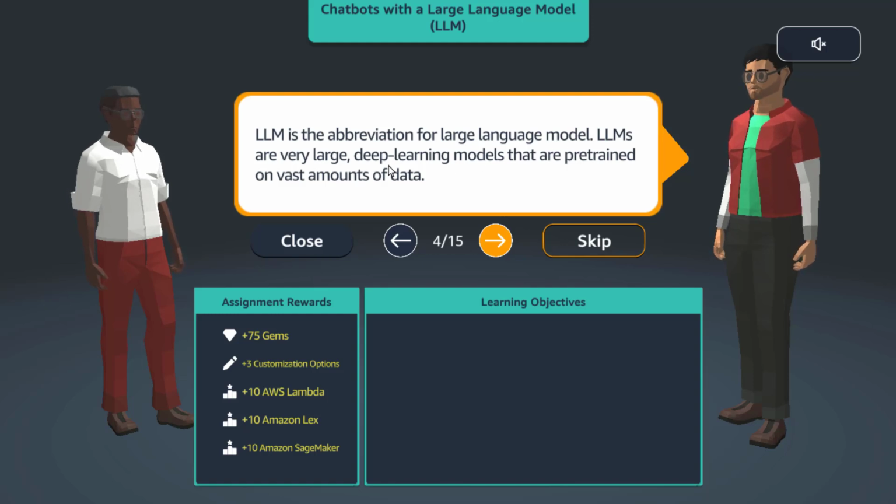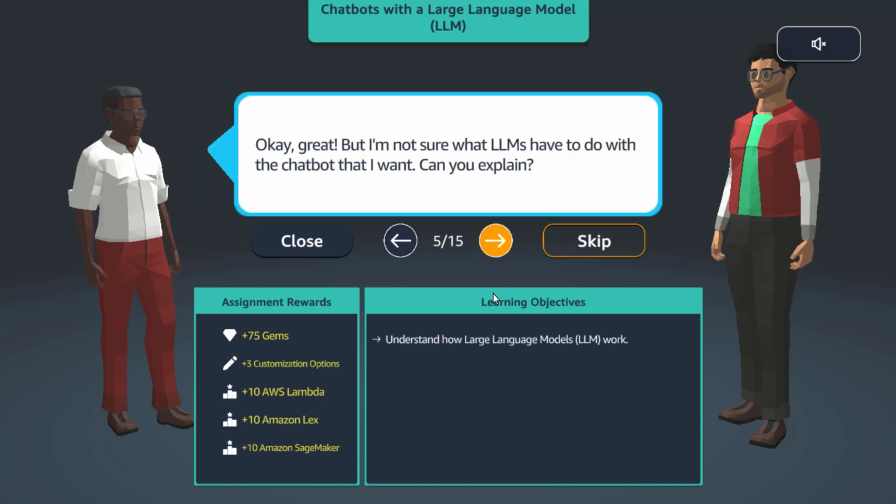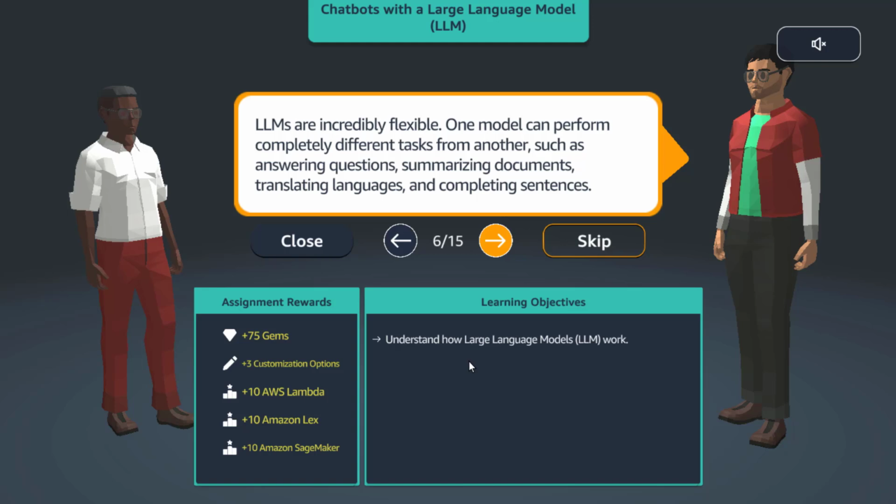LLMs are very large, deep learning models that are pre-trained on vast amounts of data. Okay, great, but I'm not sure what LLMs have to do with the chatbot that I want. Can you explain? LLMs are incredibly flexible. One model can perform completely different tasks from another, such as answering questions, summarizing documents, translating languages, and completing sentences, something like ChatGPT.